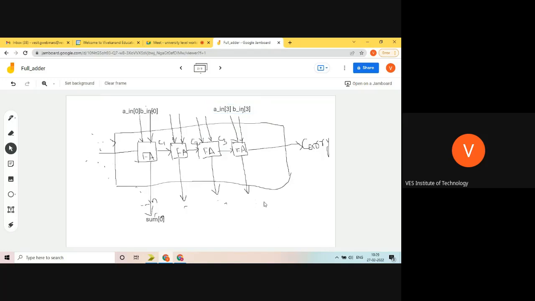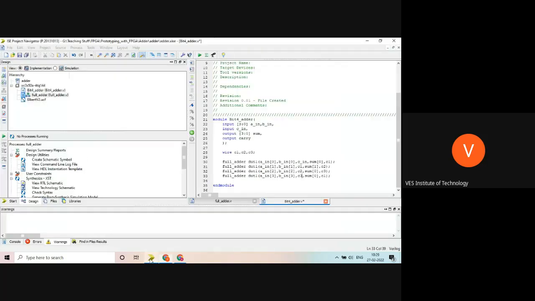And this is sum 3. And this is carry. So C1, C2, C3 we already mapped. So the last here I will write carry. Done. Okay. So you can see this.